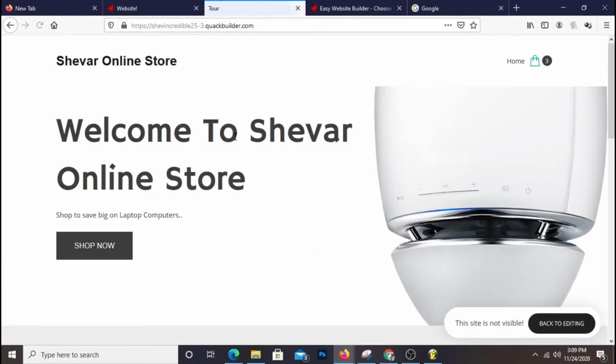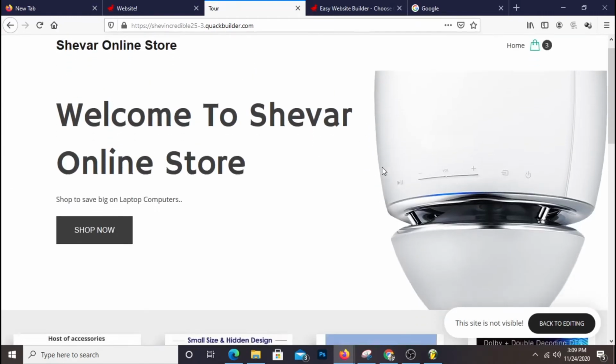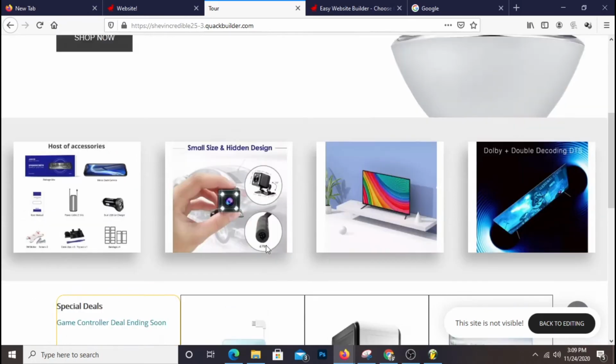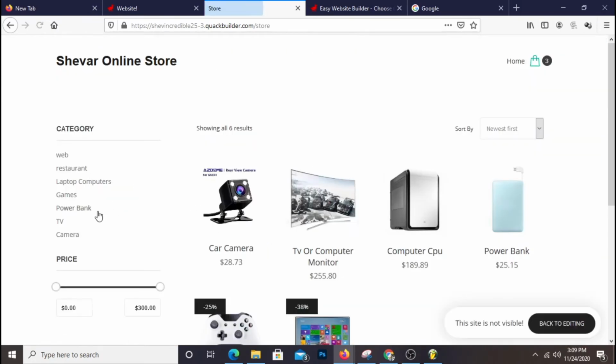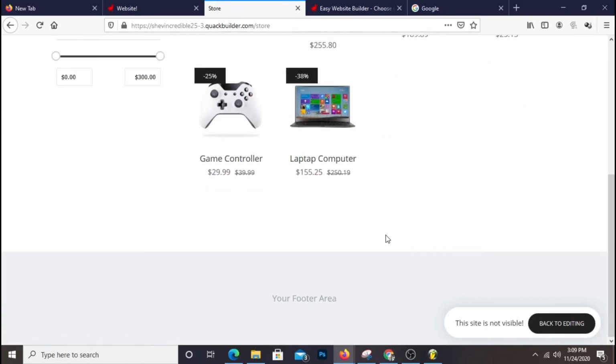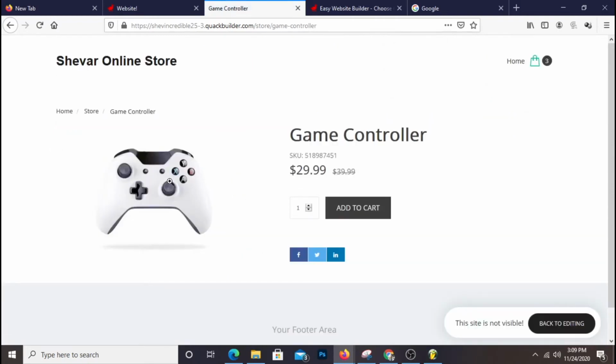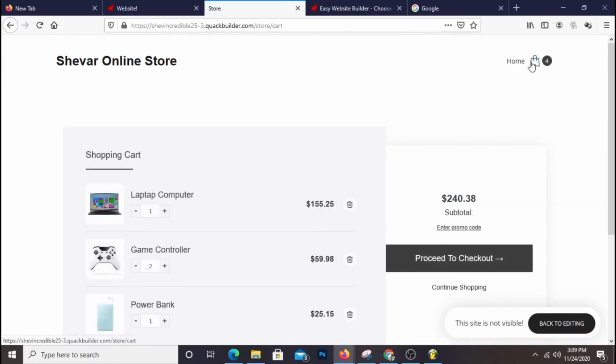All right, so I'm just gonna click back on my home page, and as you can see guys, remember I clicked that notification for when someone adds a product to the cart. As you can see now, it started to show the percentage on the store. So this one gives you 38% off. So if I want to buy this controller, if I click that and click add to cart, as you can see, it started to show me that the item is actually in the cart. Okay,